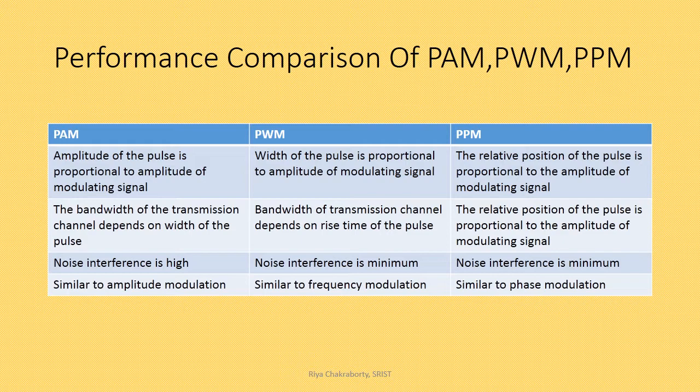And next point, noise interference is high in PAM, as we saw earlier, and in PWM noise interference is minimum, and in PPM noise interference is also minimum. And next, PAM is very easy, similar to amplitude modulation, PWM is similar to frequency modulation, and PPM is similar to phase modulation. I believe that this is all clear to you,